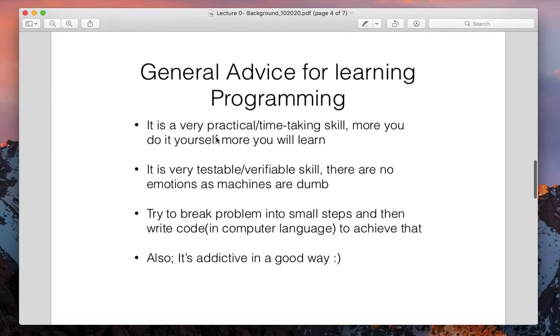General advice while learning programming, as I said, it's a very practical and time-taking skill. Only once you do it, then you can understand how it works, right? You feel more confident and you understand it better. It's a very testable, verifiable skill. So there's no assumption here. Whatever is happening, you can test it out and then you can see if it's actually there or not, right? Any concept that I talk about, you can verify it very quickly on the terminal.